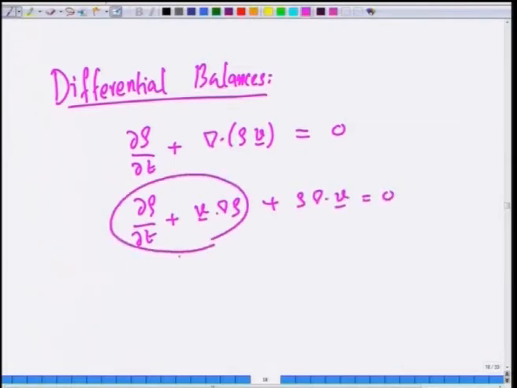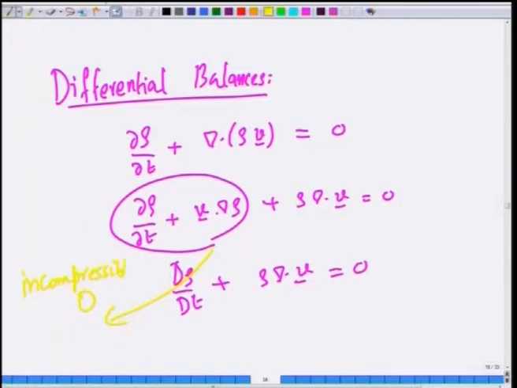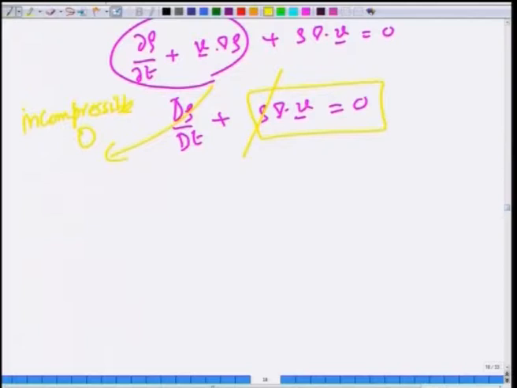And this is nothing but the substantial derivative of density plus rho del dot v is 0. For an incompressible fluid, the substantial derivative of density is 0, because if you follow a fluid particle, its density will not change. So, for an incompressible fluid, this term is 0, leaving us with simply this as the continuity equation, and since rho is a constant, that cannot be 0. So, the continuity equation or the mass conservation equation